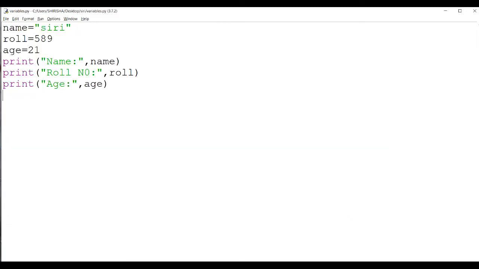Let us see how the same value is assigned to multiple variables.